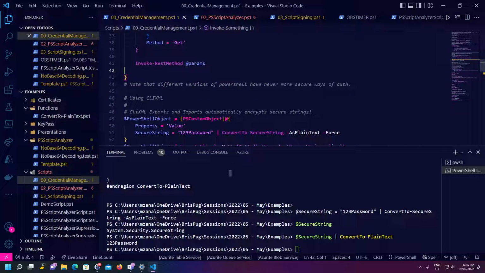There's other ways to secure your auth, and I'm going to talk about CliXML. I'm a massive fan of CliXML. This thing is a bit of a catch-22. I'm going to talk about PowerShell data management quickly, and then a little bit more about CliXML. If you're not familiar with CliXML, Microsoft essentially recommend, when it comes to data storage and